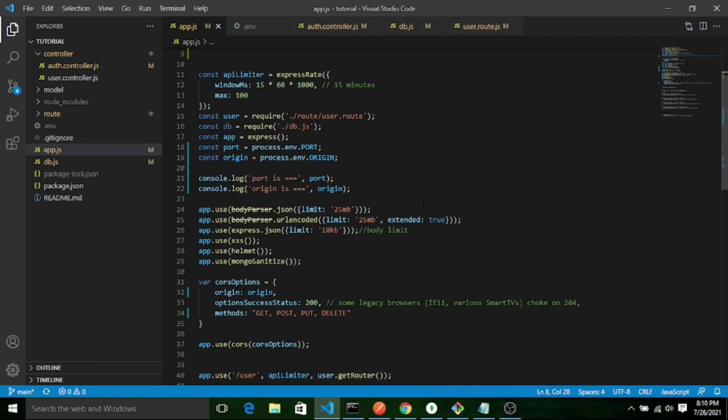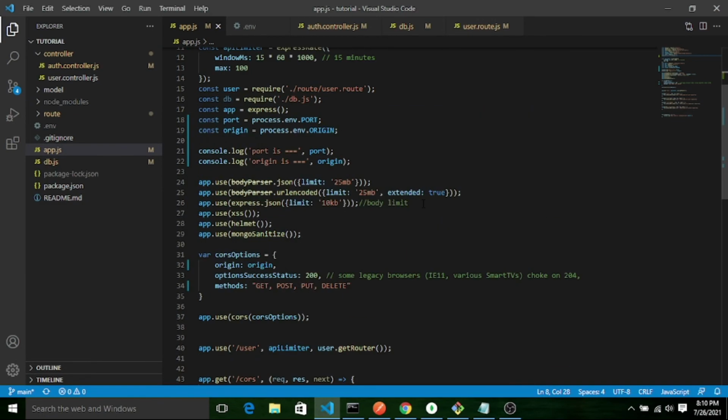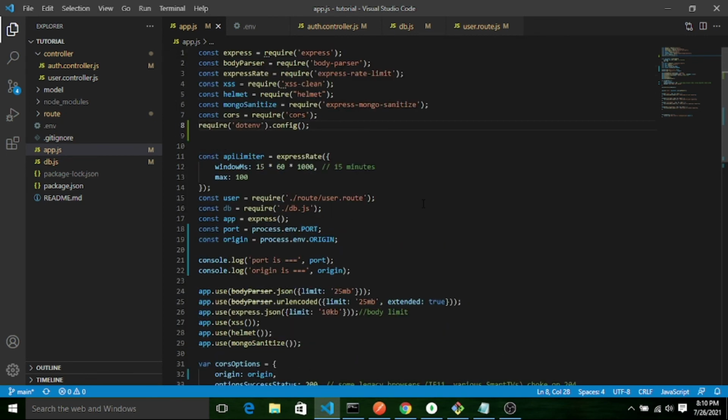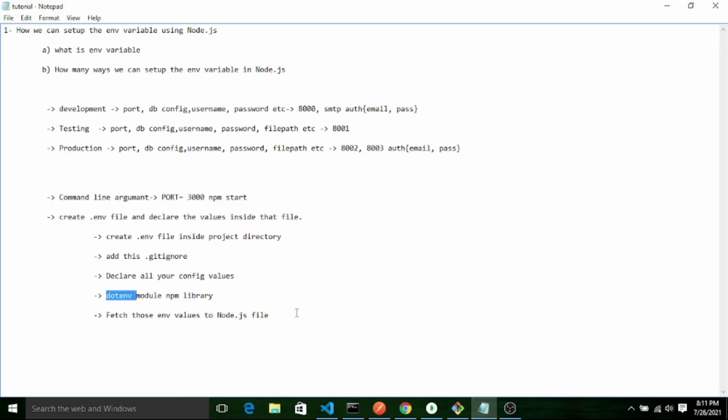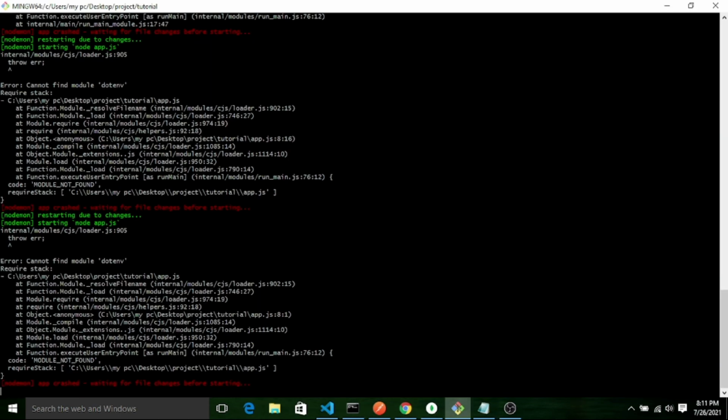Okay, now I will run my code. Let me check again. No, everything is finished. Let me run my code. Cannot find the module dotenv.